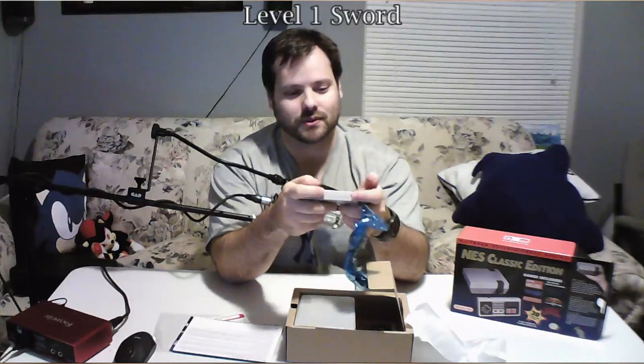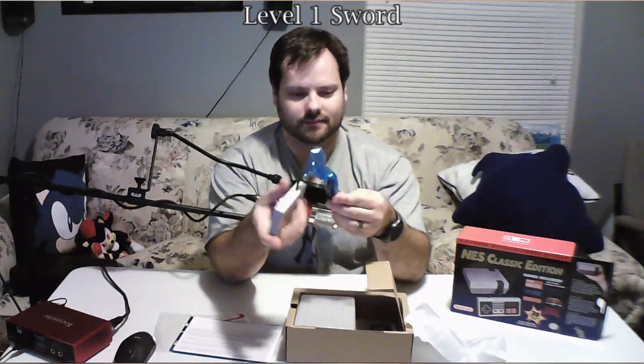All right, so next up, got the controller here. A lot of people have been saying how they're quite disappointed in how long the controller cord turned out to be. And there you have it. So this feels exactly like an original NES controller. If you grew up with this, it's definitely going to bring back some memories here. Let's go ahead and find out exactly how long this is. I believe the official measurement is 2.5 feet, which, it's not long. That's really not long at all, but yeah, to be fair,